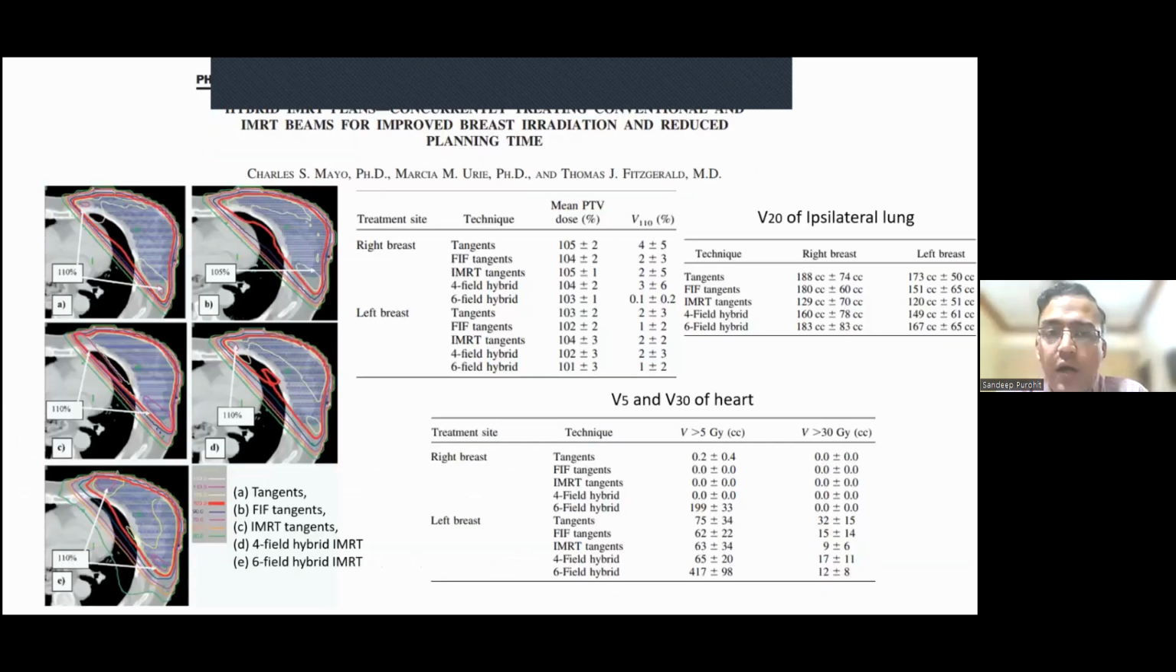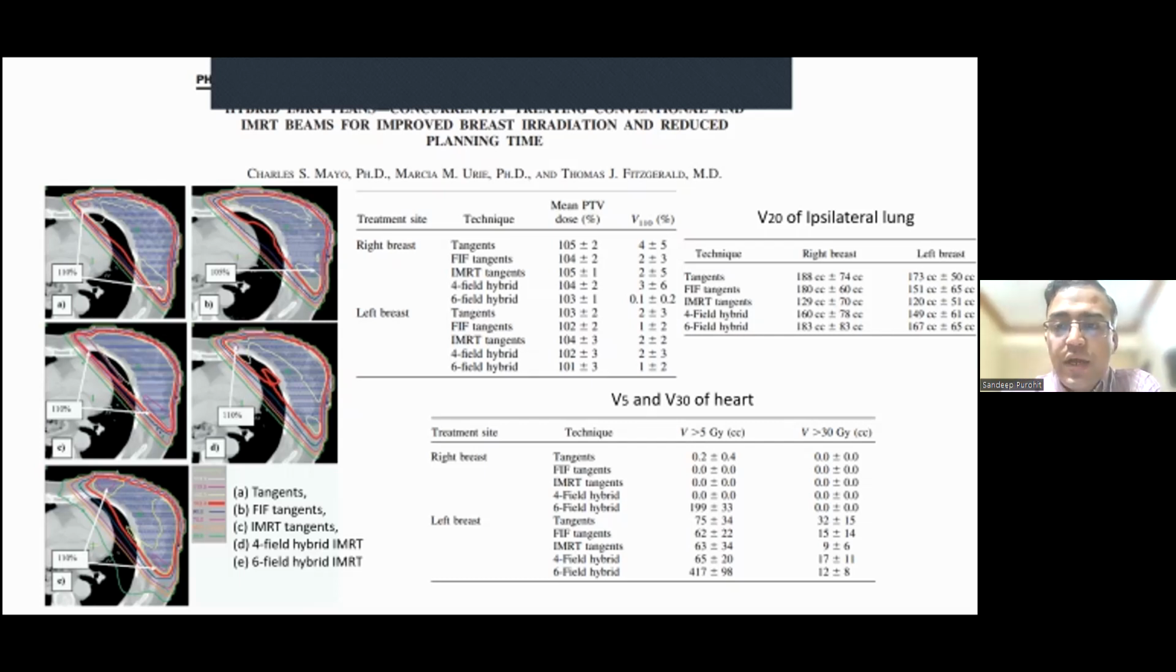Now, after the IMRT arm, there came hybrid IMRT plans. This was a study by Mayo et al., in which, apart from the skin, it was seen that the doses to the lung and heart also reduced with the IMRT technique. So in this, they had compared patients with 5 techniques: tangential, field-in-field, IMRT, and 4 and 6 field hybrid